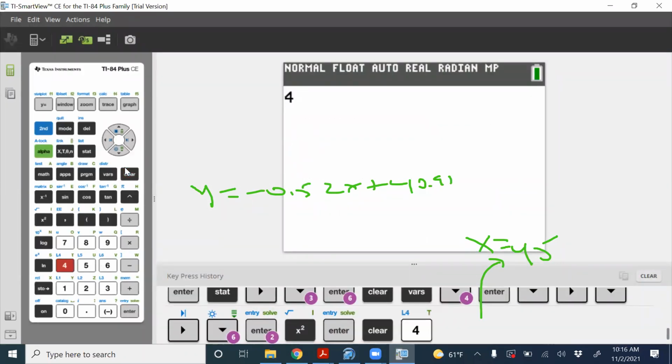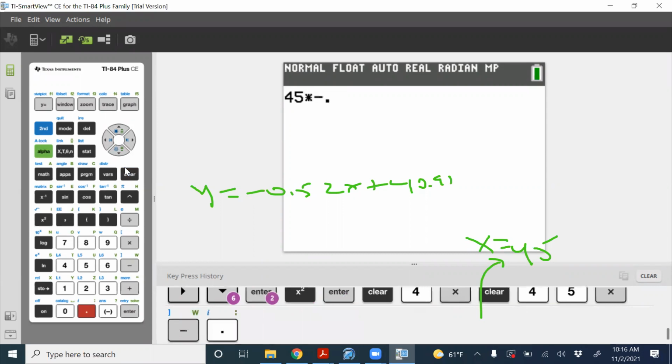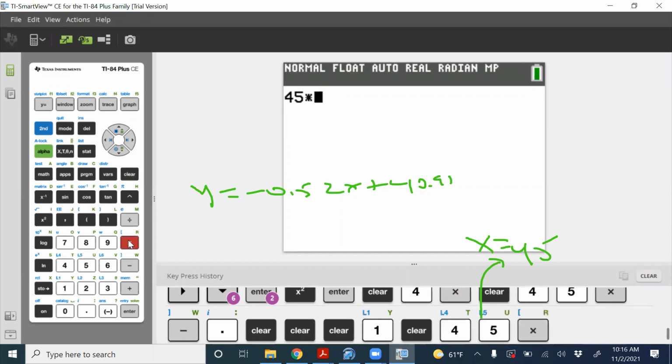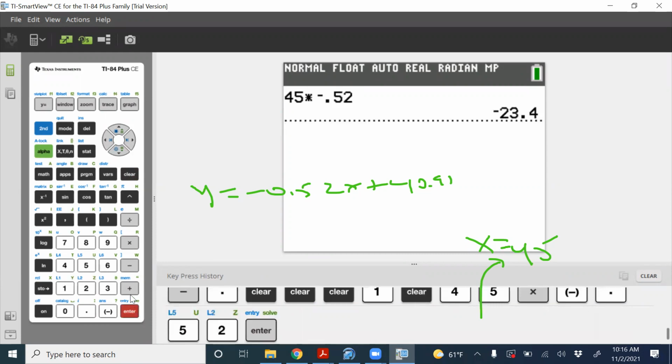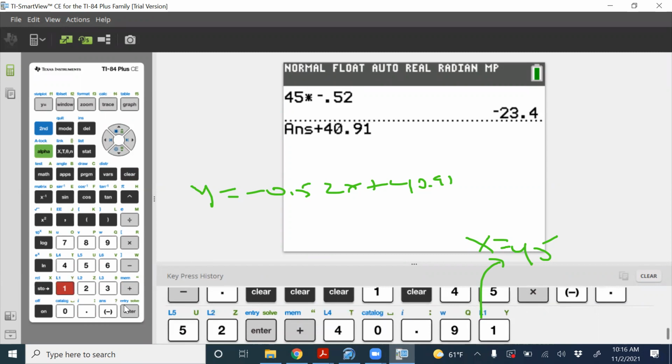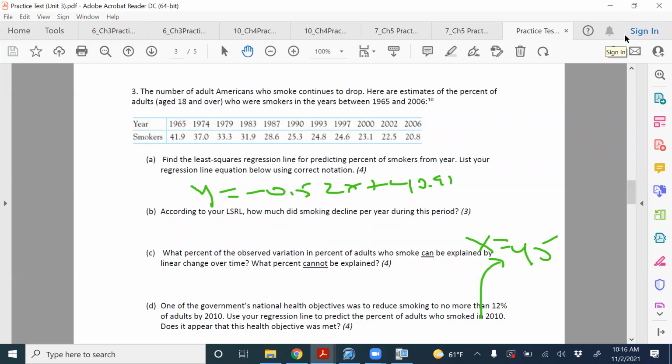So 45 times, actually the calculus is going to bug out when we do this. 45 times negative 0.52 plus 40.91. So it looks like we get down to 17.5%. So we're probably not going to meet our goal of getting smoking down to 12% by year 2010. So anyway,